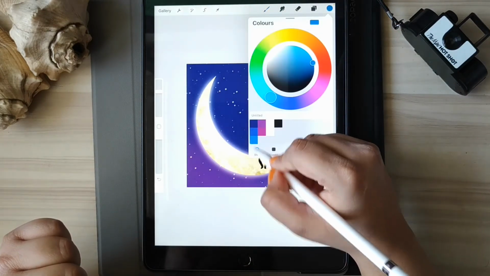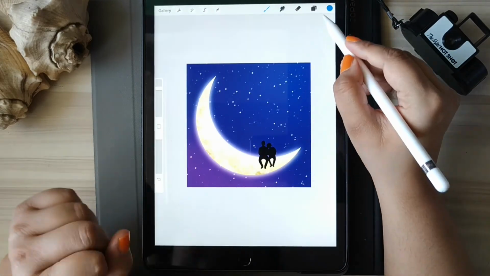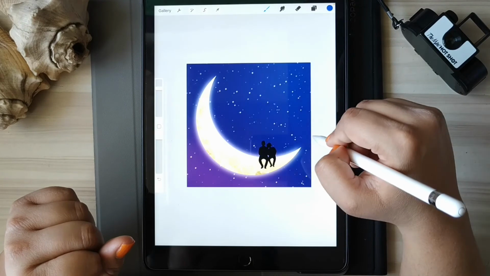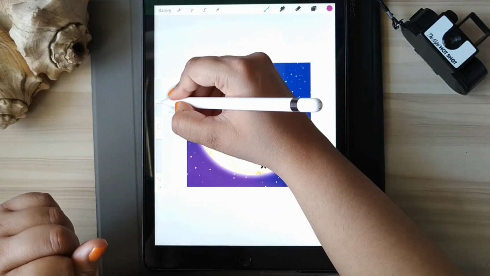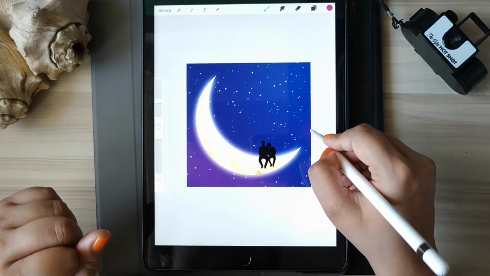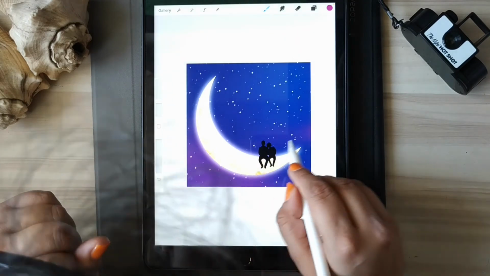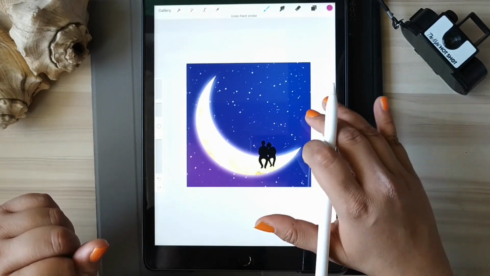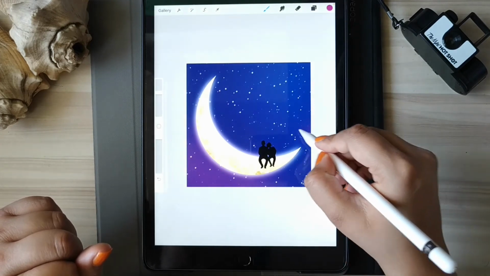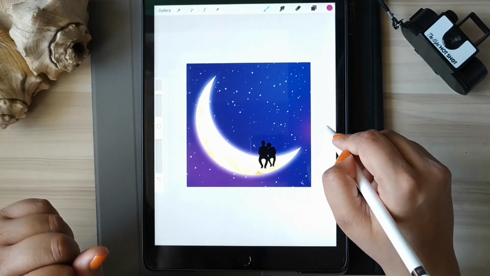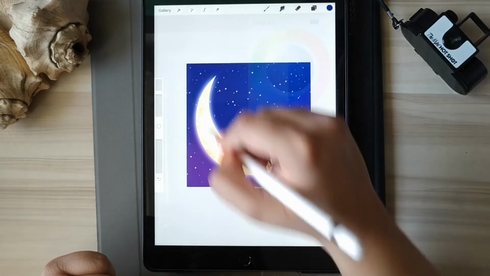So we'll just play around with these colors that I have given, to give more texture to the sky, to give it a more dreamy effect, like I said. You can go about however you want with this. This is how I'm going about it. So it's totally up to you how you want to go about texturing the sky. You're free to do however you want. Just don't make everything too much. Too much texture will not look good.